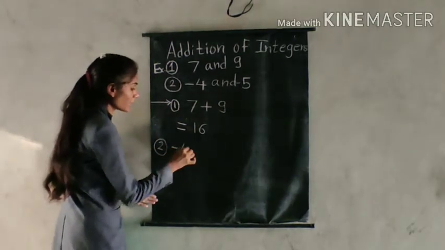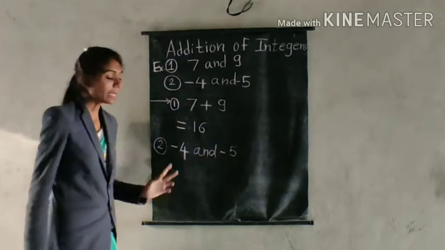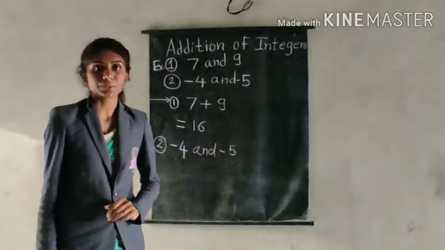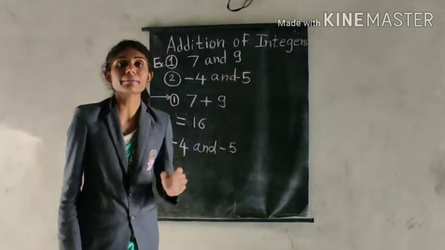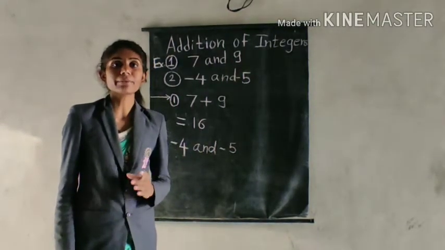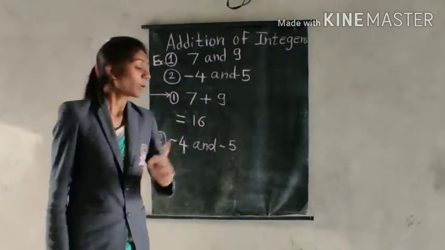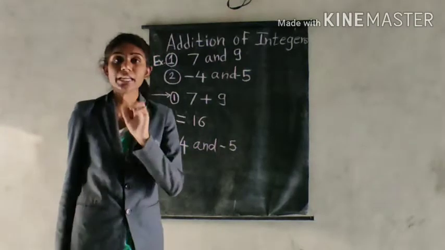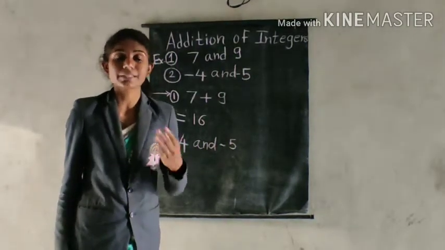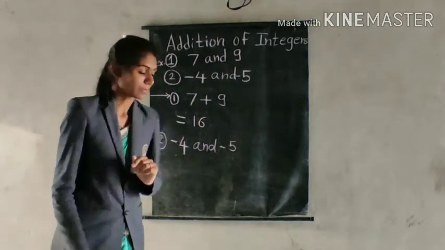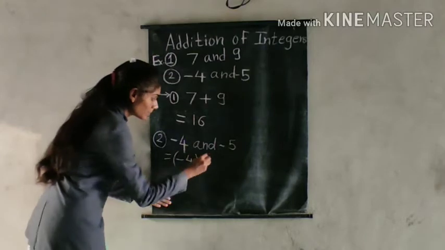Now, the second example is -4 and -5. Whenever both the numbers are negative, while adding, the first step is to write them in brackets and separate them with the plus sign. After that, always remember both the integers have a negative sign. So we need to add them and give the answer a negative sign. So let's see the steps. -4